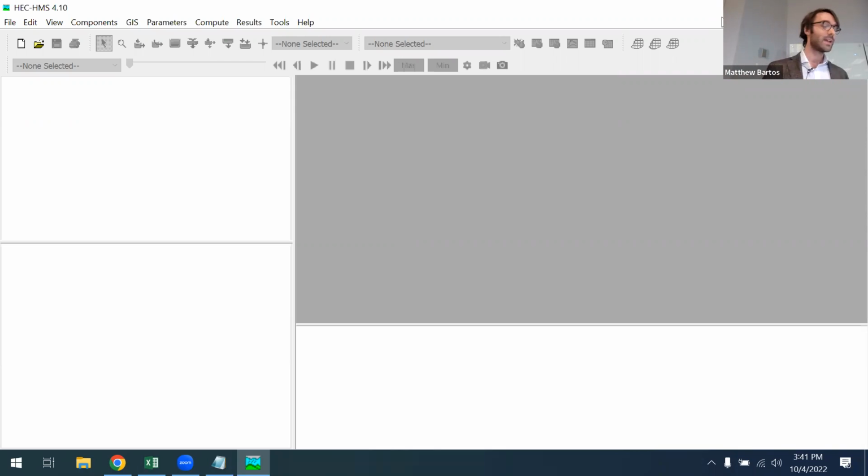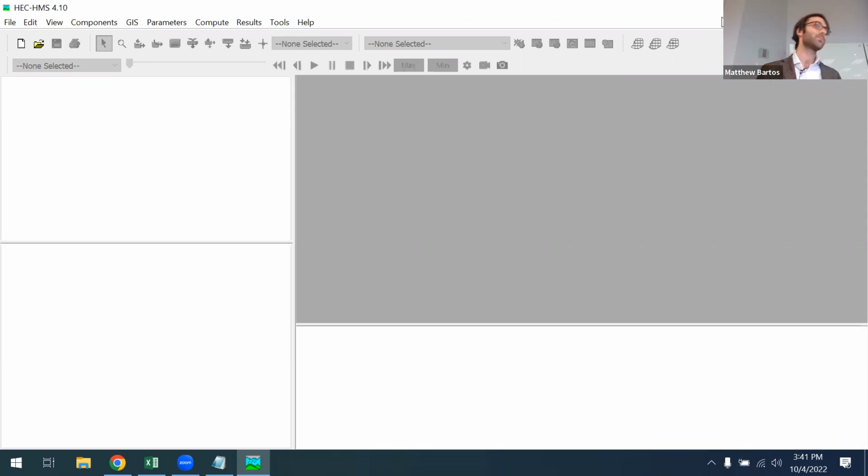Okay, so today I'm going to take you through the process of constructing a HEC-HMS model. I'm going to show you the different components of the model, and what you'll need to have in order to have a fully functional HEC-HMS model. I'm going to show you how to specify the parameters needed to run the model, so the hydrologic and hydraulic parameters. I'm going to show you the different kinds of elements in the model and how to connect them together.